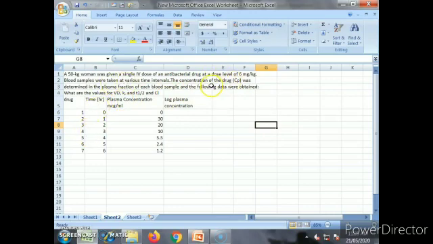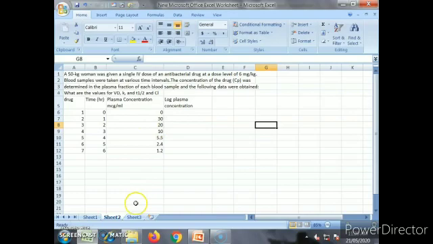After taking the blood samples from that woman, this data is given up to 6 hours. At the first hour the plasma concentration in microgram per ml is 30, then 20 microgram per ml, at 3 hours it is 10 microgram per ml, and like this the concentration goes on decreasing. Now we have to calculate the volume of distribution, Ke, T half and clearance from this data.